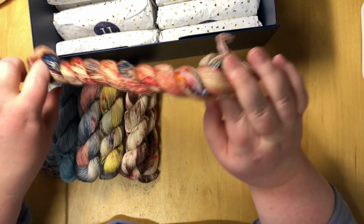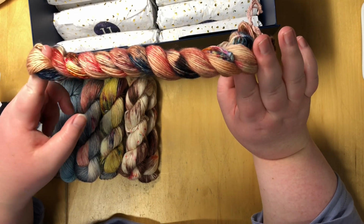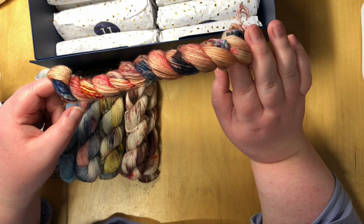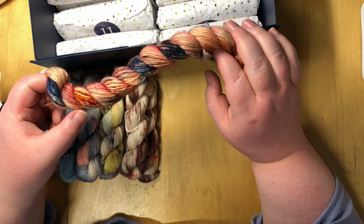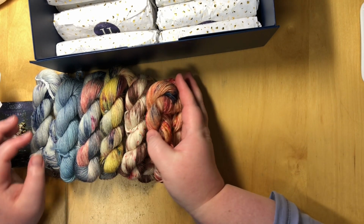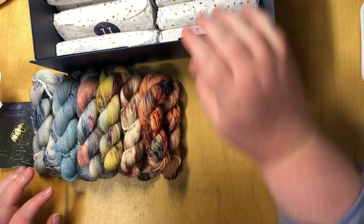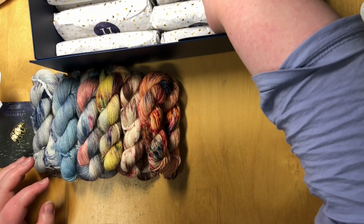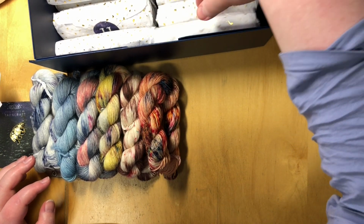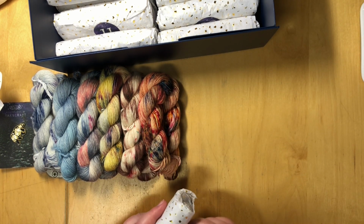Can I wind this up a little tighter? But with a dark blue again. The dark blue is making a reappearance, and we have some oranges. This is another one I would totally call wild. This is way different than I thought it would be. But not in a bad way. So far I'm not mad at this, so...